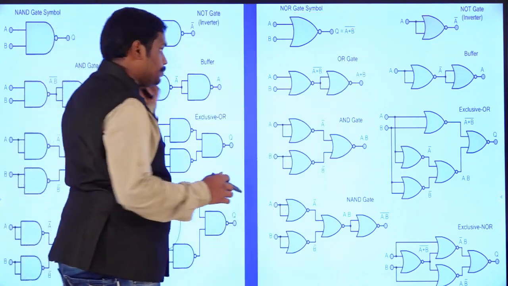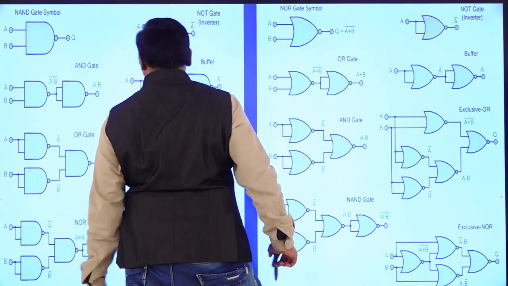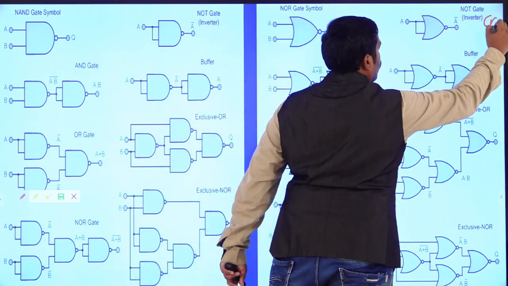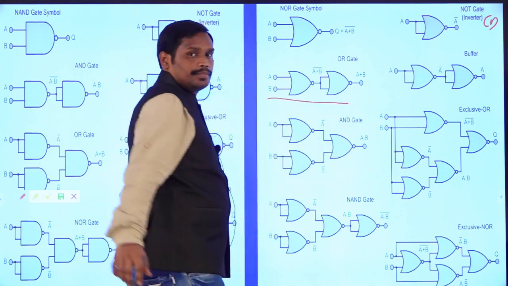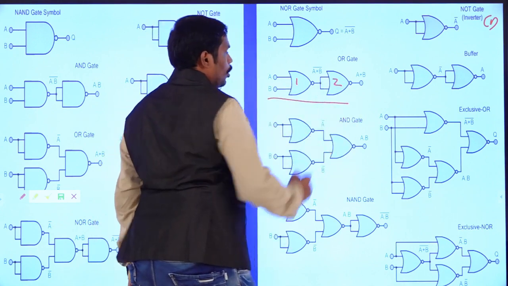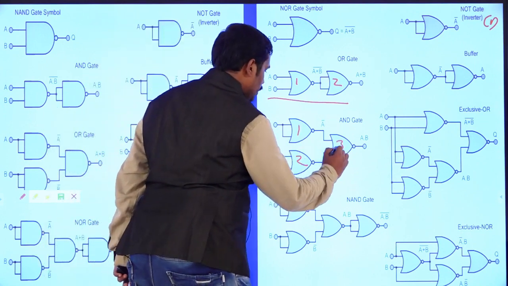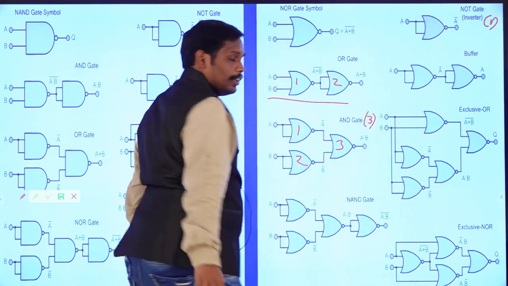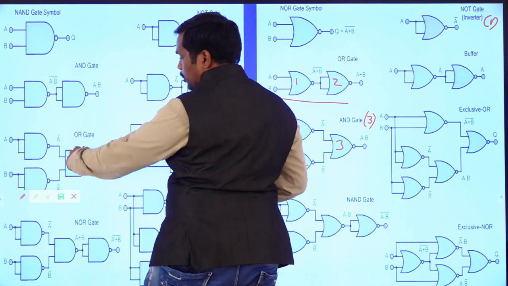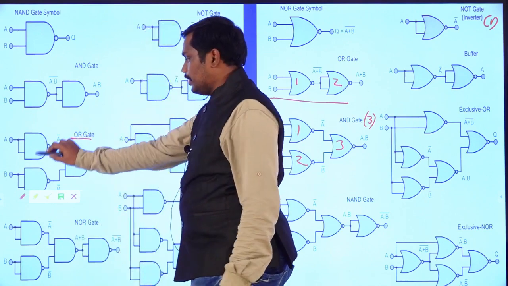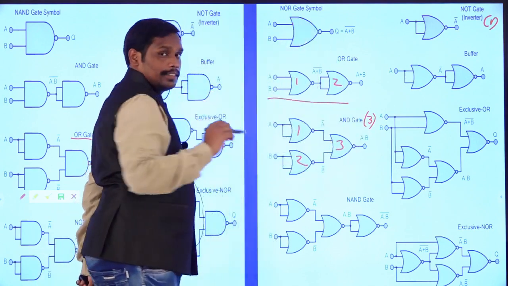So fine. Now we shall see that the NOT gate is represented with 1. So here for NOT gate 1 NOR gate is used. In the same way for OR, 2 NOR gates are used. In the same way you can see 1, 2, 3, that is 3 NOR gates are used for AND gate. So you can see here that is quite opposite. Here for OR gate, you are having 3 NAND gates. But here for AND gate, you are having 3 NOR gates.